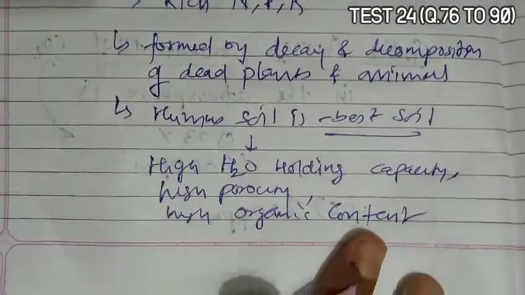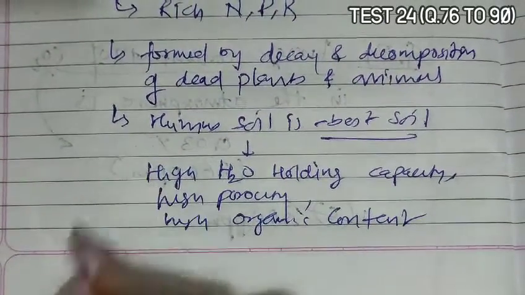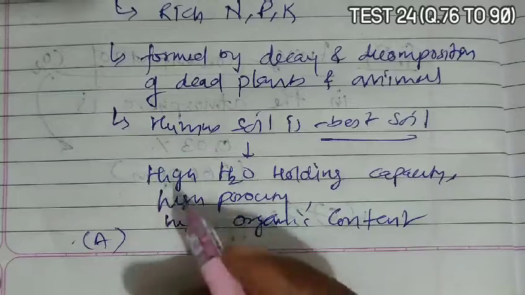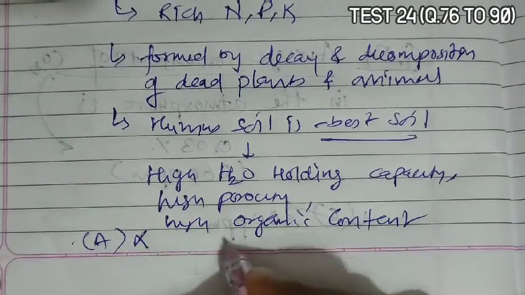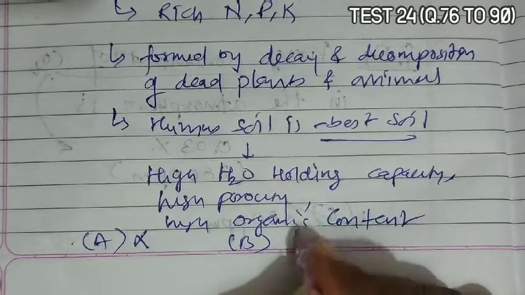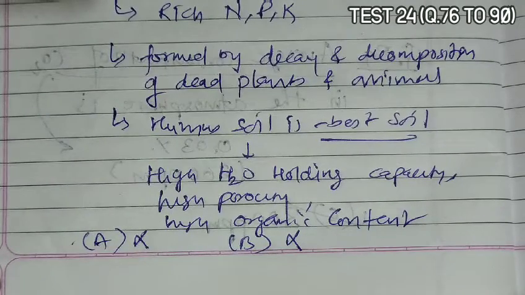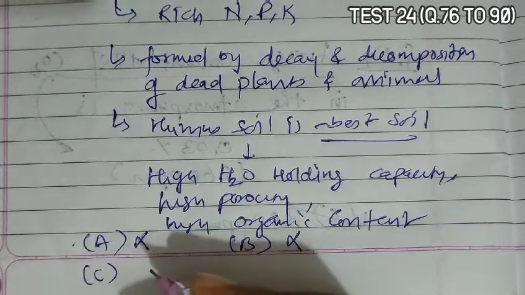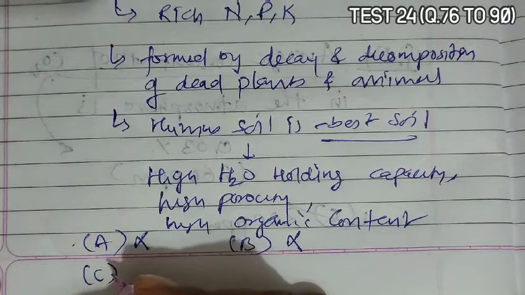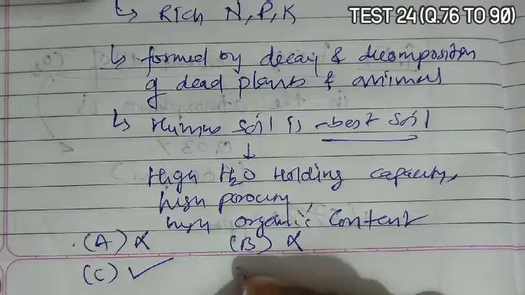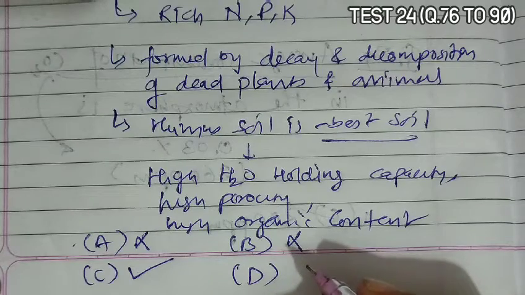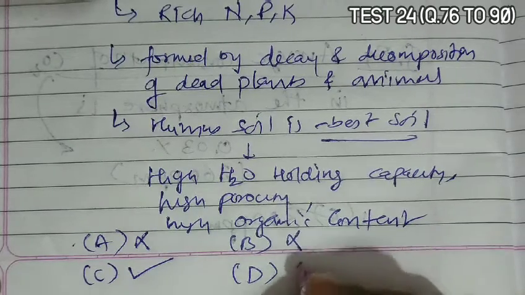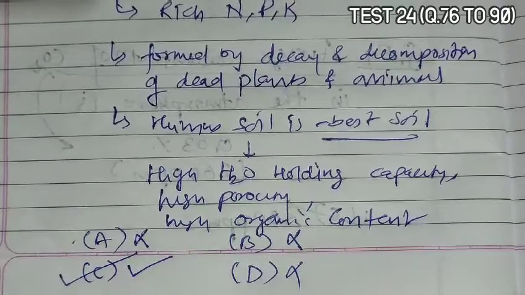According to this, option A says it is partially decomposed. No, it is not. Option B says it is derived from leaves. Not directly, it is derived from dead parts. Option C says it is rich in nutrients and increases the water holding capacity of soil. Yes. Option D says it is made up of dead organic matter. Yes, but not mainly; it is made up of decayed organic matter. So C is the most appropriate and correct answer.